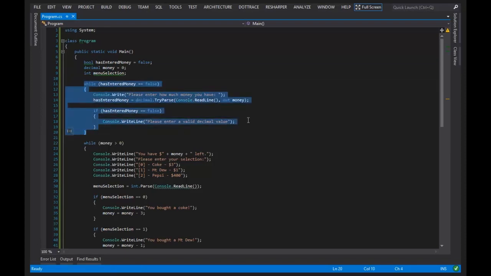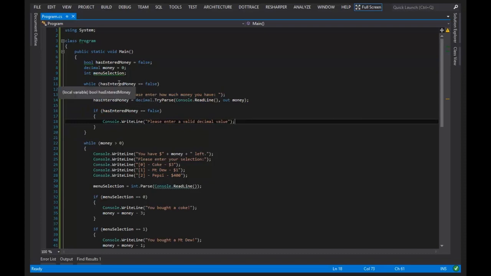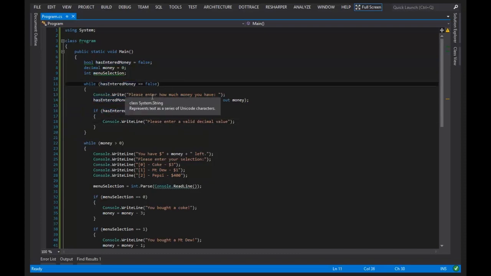We then enter our first while loop. Our first while loop says, while we have not entered money. So while has entered money equals false. See how if you read it out loud, it starts to sound like English. While has entered money is equal to false can be basically reworded to while we do not have money